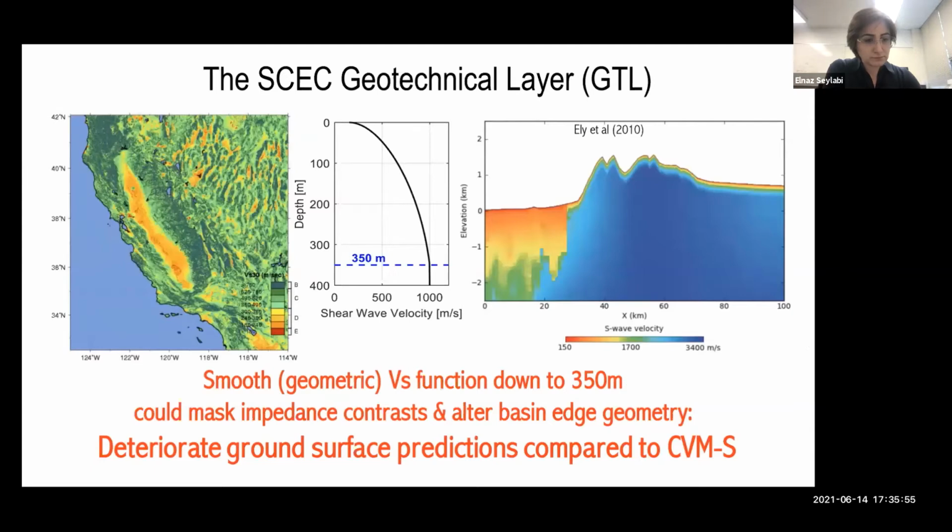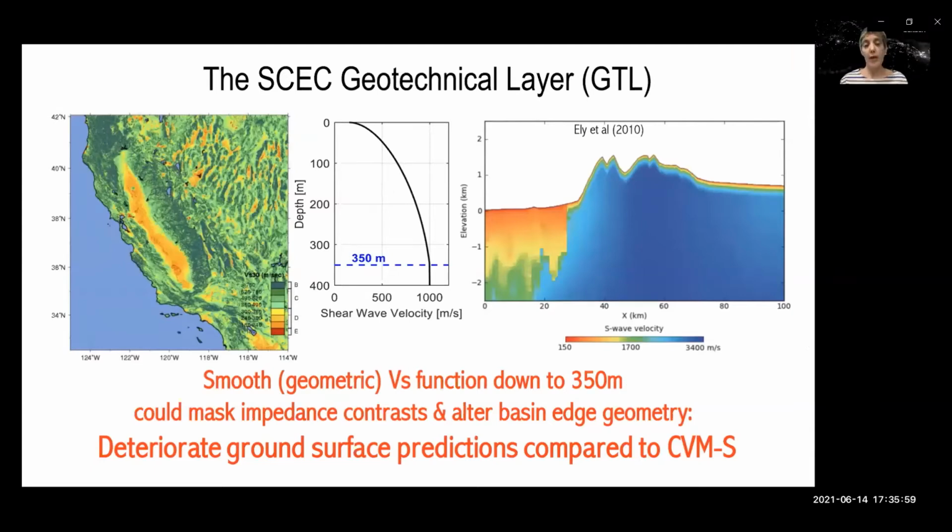The geometric function fits the VS30 in the near surface and then successively connects with the community velocity models at 350 meters depth. The depth is fixed, and therefore the prescribed connection between this geometric function and the subsurface velocity at 350 meters can mask impedance contrast and alter basin edge geometries.